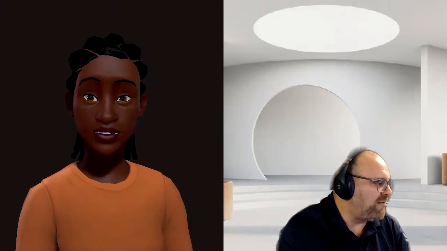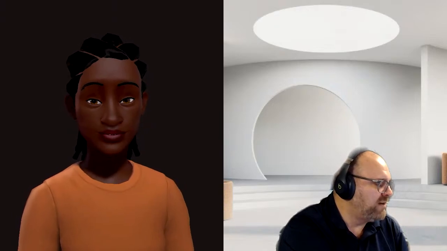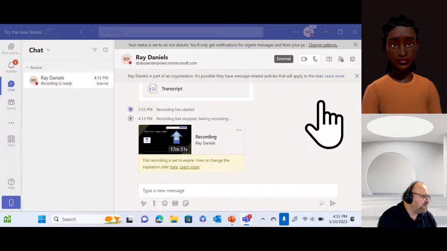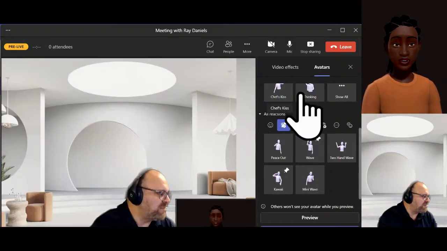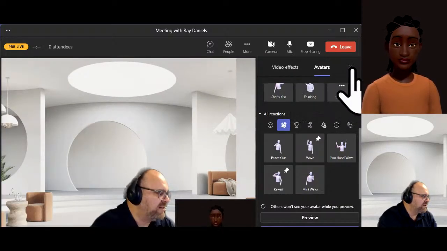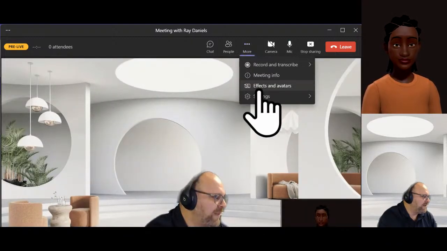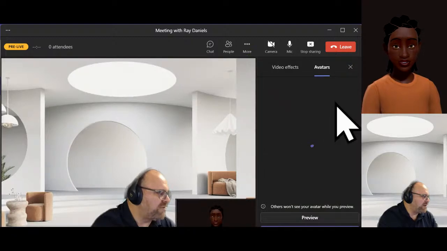And then we even have the ability to design the avatars from which we are choosing. So if I go into my settings here, from a Teams perspective, I can see my avatar and my settings over here to the right, effects and avatar off the More menu.